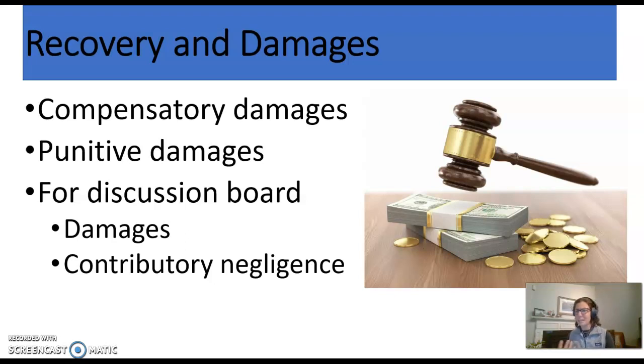Punitive damages, note the P, punitive means to punish. These are what you hear about in the news, the multi-million-dollar tort lawsuits, because you can't send a business to jail for its tort conduct, but you can hit them where it hurts, and that's their pocketbook. So you can recover only in limited cases punitive damages, and that means a large damage amount to really send a message to the defendant that your conduct wasn't just a little bit bad, it was really bad.